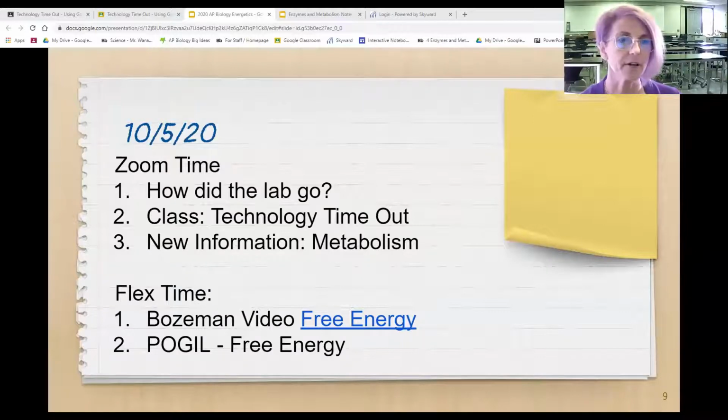Today we're going to talk a little bit about metabolism. That should be new information, and you're going to continue working with the metabolism concept outside of the Zoom with a free energy POGL. Free energy is really a new topic, I think, for us. We don't hit it at all in biology. For me, I find it tricky to remember the formula and delta G, and is it spontaneous, is it not